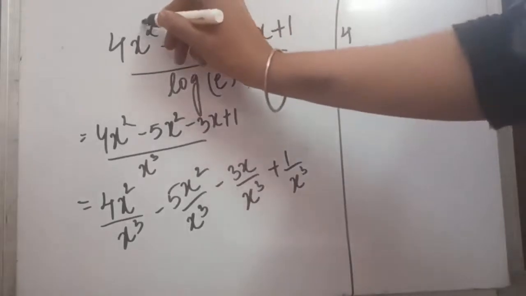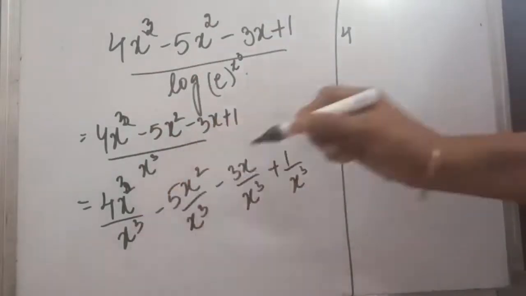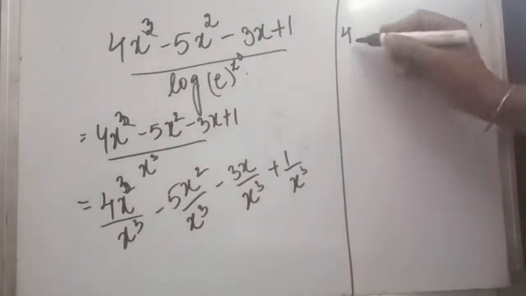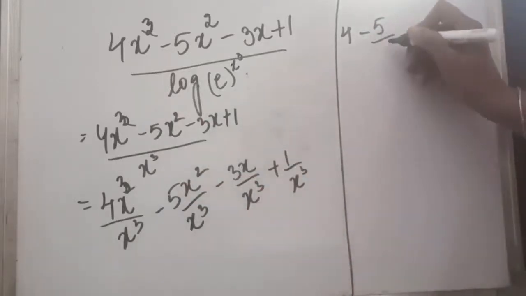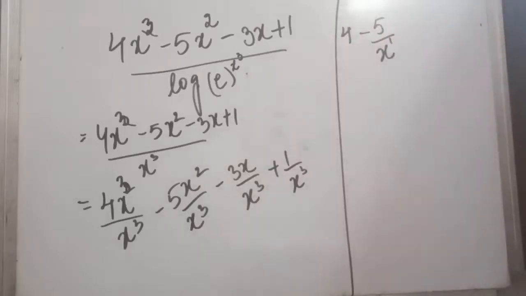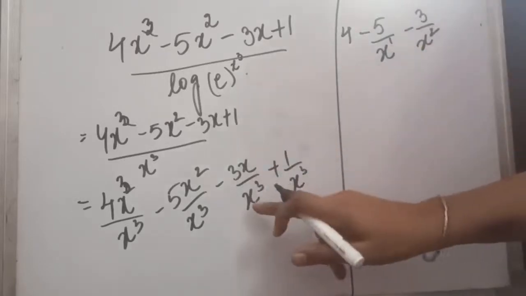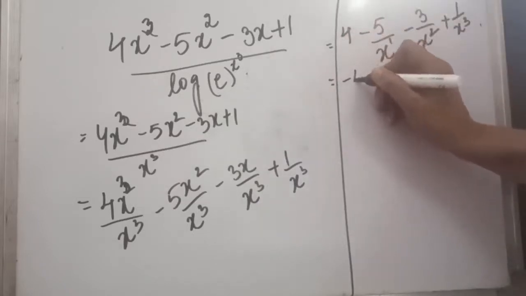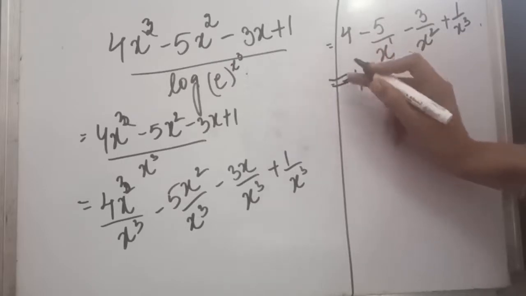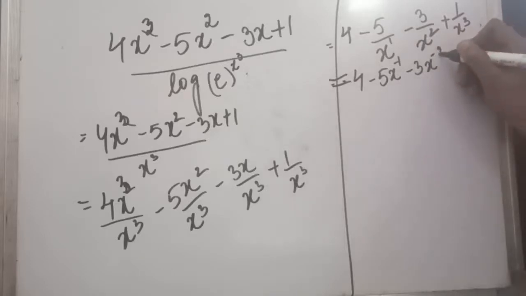Sorry, in this question it was cube over here. If you look at your books, it is cube over here. So when we divide it, x cube divided by x cube, it will be 4 minus 5 x square divided by x cube, it will be 1 over x, and x power 1 minus 3, when x will be deleted, it will be x square, and plus 1 over x cube. Solving this further, it will be 4 minus 5, x power will be minus 1, minus 3, x power will be minus 2, plus x power will be minus 3.